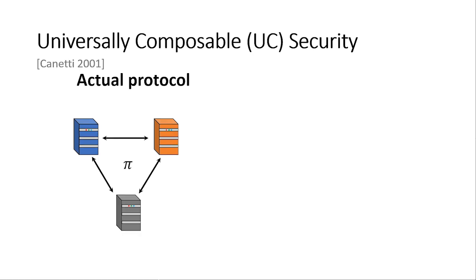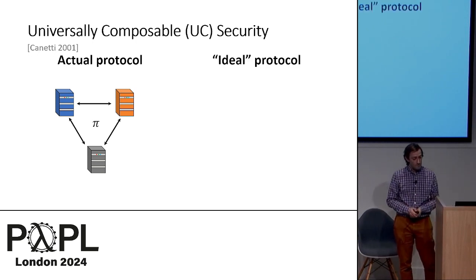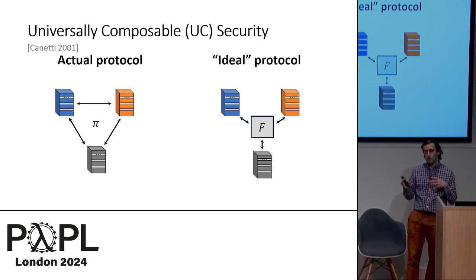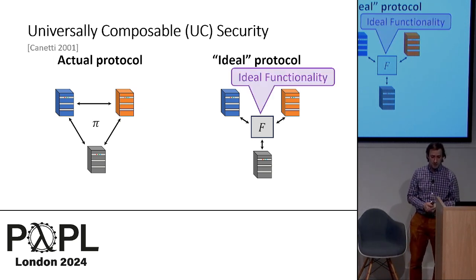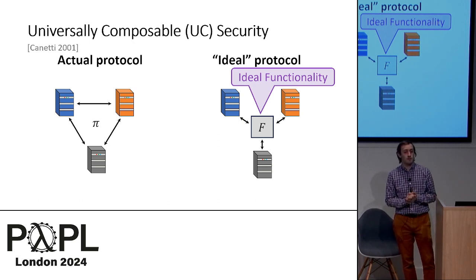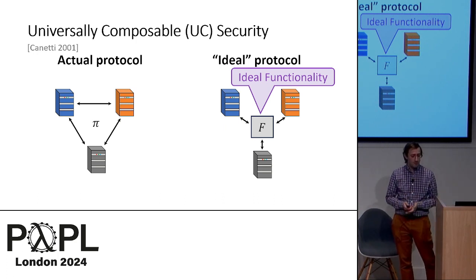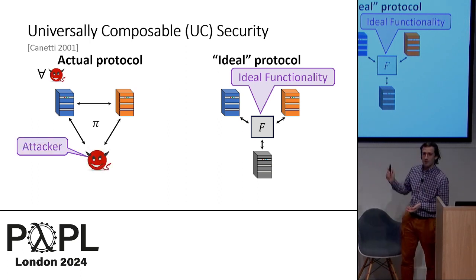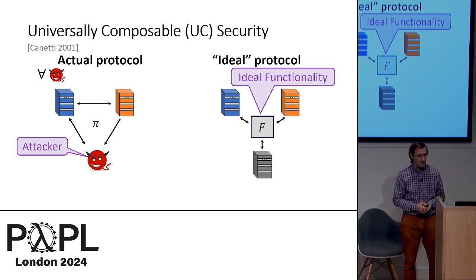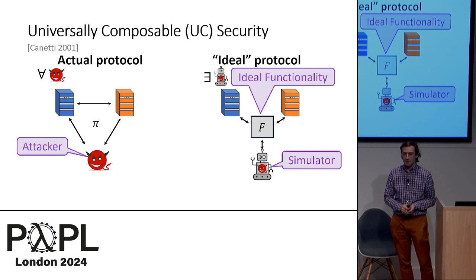And we're going to define the correctness and the security of Pi with a so-called ideal protocol. An ideal protocol, instead of having all the machines talking directly to each other, has all the machines talking to a sort of magical trusted intermediary that's known as the ideal functionality. And the ideal functionality defines what it means for the protocol to be correct and secure. At a high level, the security proof would work as follows. We would say that for every attacker, maybe we replace one of the machines that has been compromised by an attacker. For every possible attacker who can compromise that machine, we need to be able to find some simulator such that